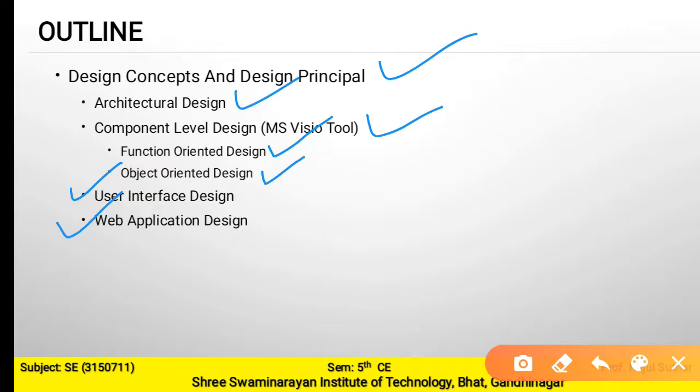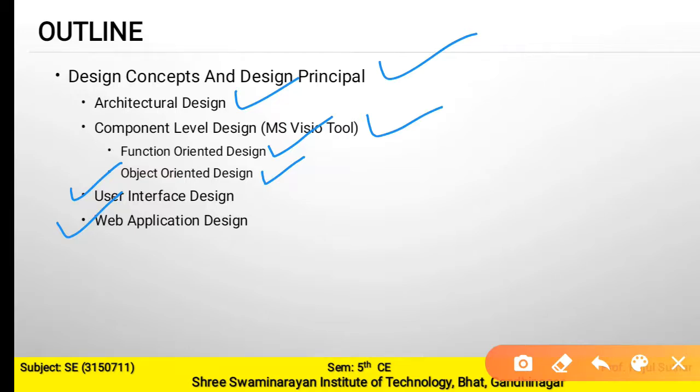So what do we mean by design? We first of all need to understand the definition of design. Software design is a model of software which translates the requirements into the finished software product, in which the details about the software data structure, architecture, interface and components that are necessary to implement the system are given. Design is at the core of software engineering, and it is applied irrespective of any process model.